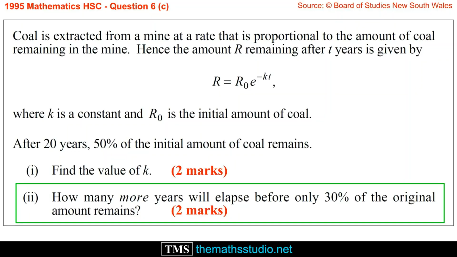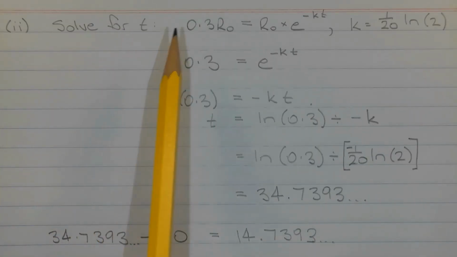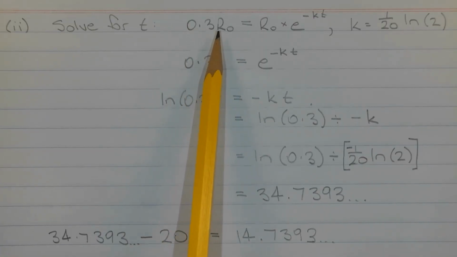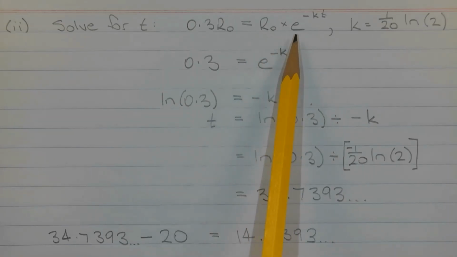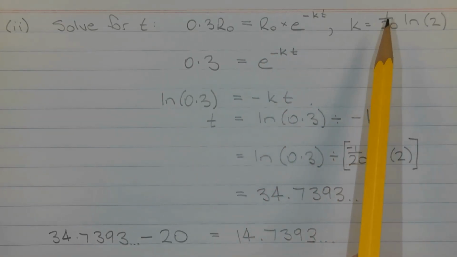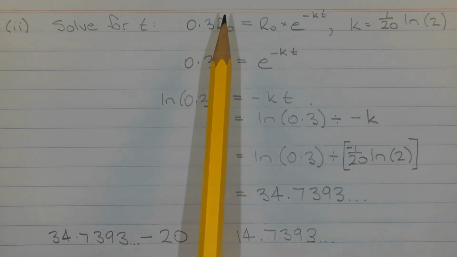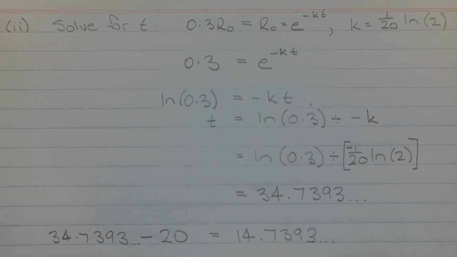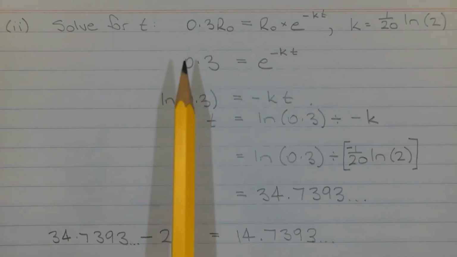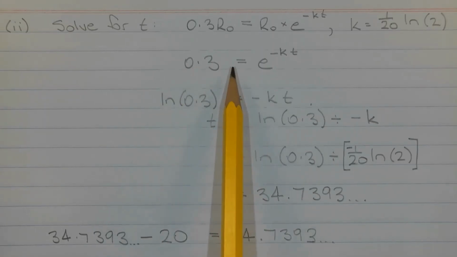Part 2. How many more years will elapse before only 30% of the original amount remains? Solve for t the equation 0.3 R0, which represents 30% of the original amount of coal in the mine, equal to R0 times e to the power of negative kt, where k is equal to 1 over 20 times ln of 2, which is the value of k that we found in part 1. Now, since R0 is positive, we can divide both sides of the equation by R0, similar to the process that we did in part 1, to simplify the equation, and we get 0.3 is equal to e to the power